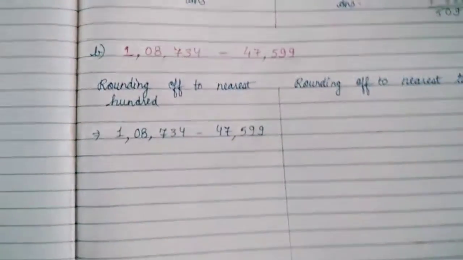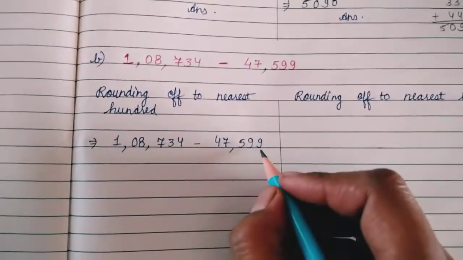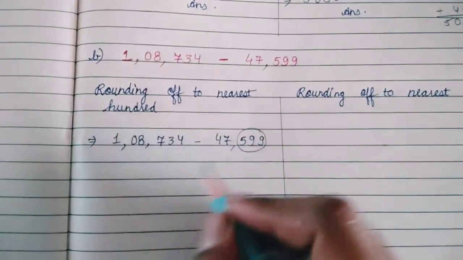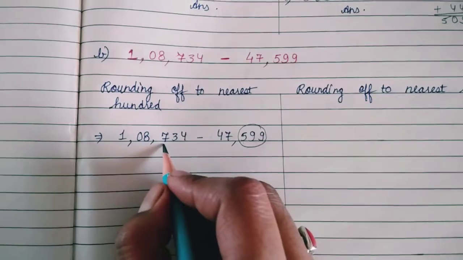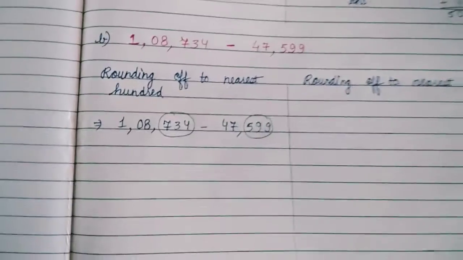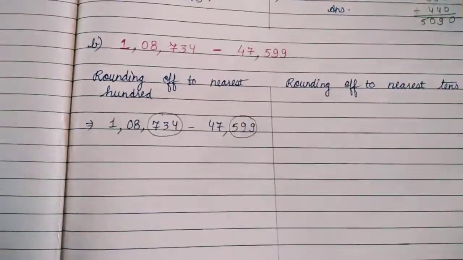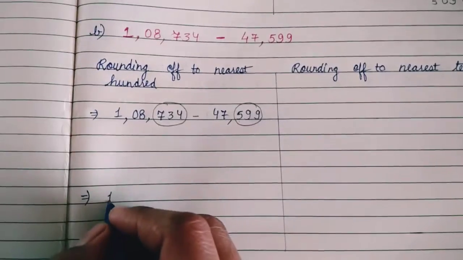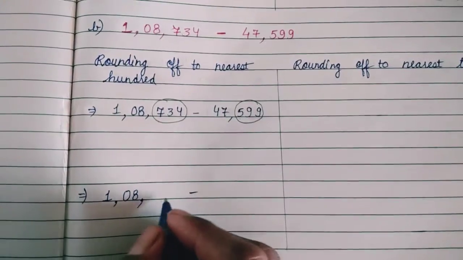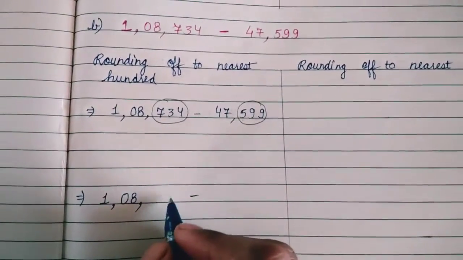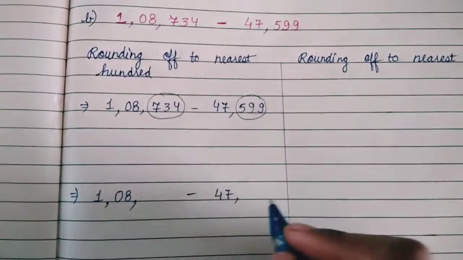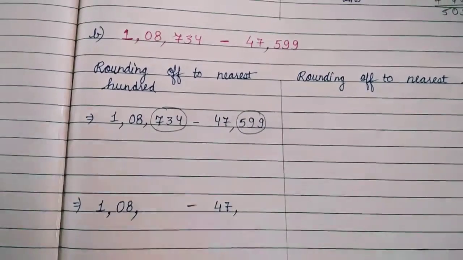Okay. So as you can see, the 100 place is ones, tens, 100. Only this much will be estimated. In the first one, ones, tens, 100. So here also only the 100 place will be estimated. It means that the remaining part which is not estimated will come as it is. So 1,08,000 is coming as it is. Its remaining part we will write after estimating. And here 47 we will write as it is. Its remaining part we will write after estimation.